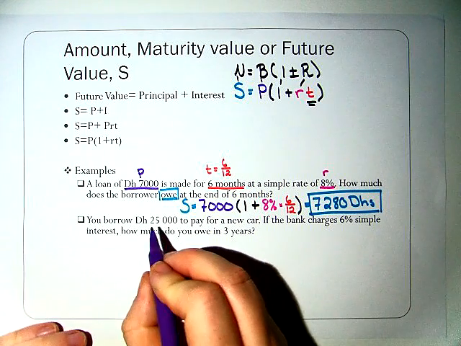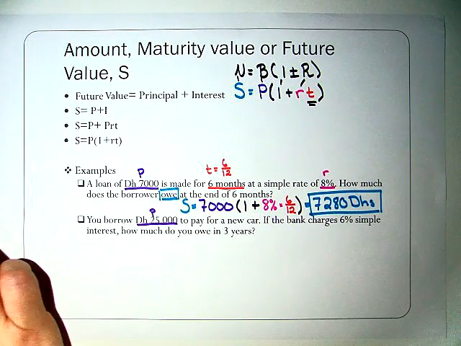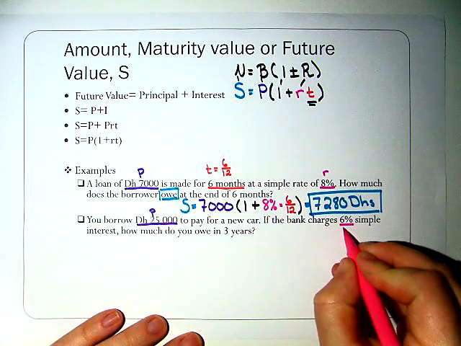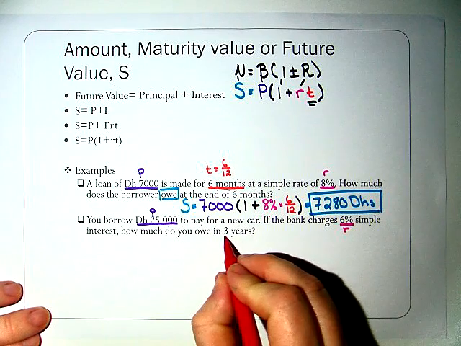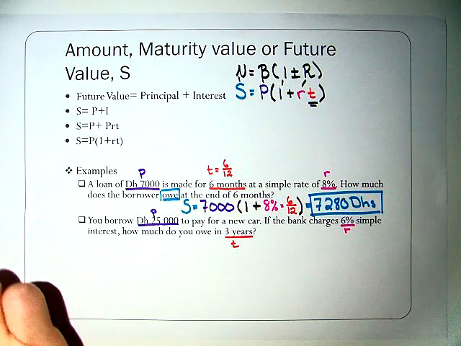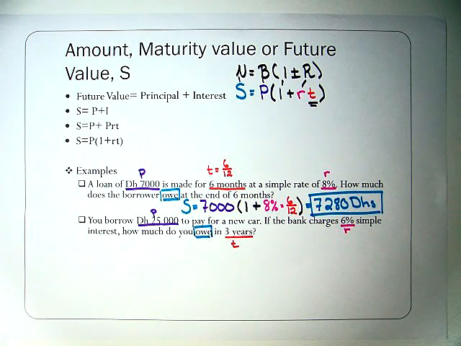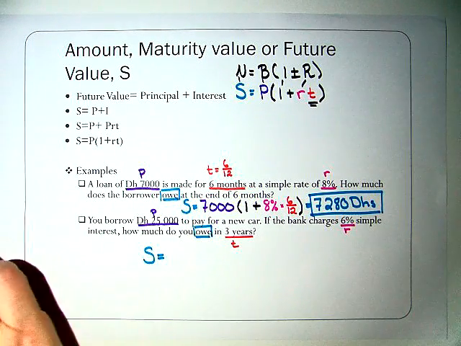You borrow 25,000, so that's my principal, to pay for a new car. If the bank charges 6% simple interest, okay, that's always easy to find our rate. How much do you owe in 3 years? So our time is already set up in years. And because we use the word owe, we know that we're going to be looking for our S value. So we get S equals